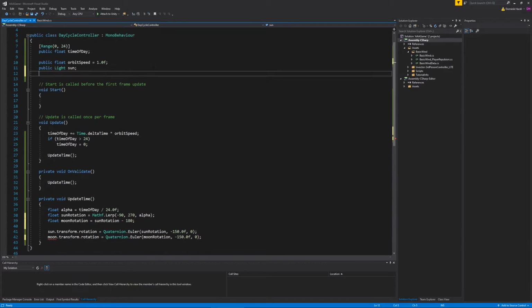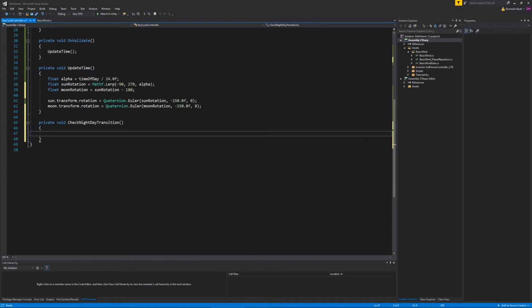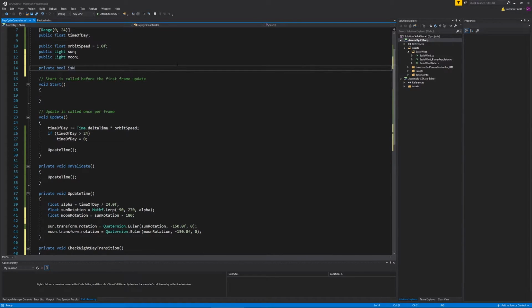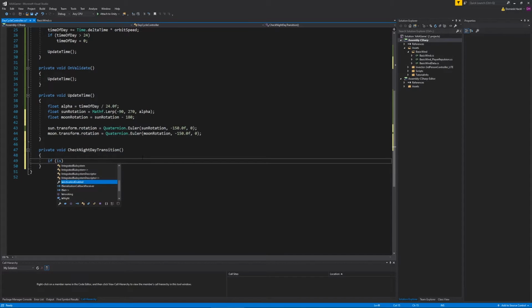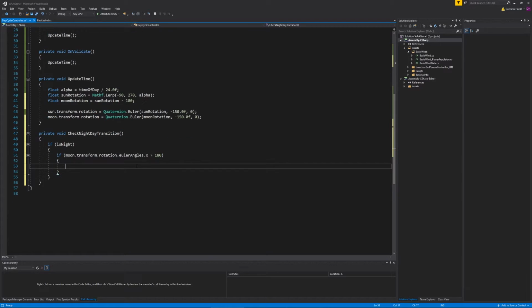Okay, and we also need another light component for our moon, light reference. And then we'll add another method. I'm calling it check night day transition. And here we make sure that only one shadow caster is enabled at a time. So let's add another helper variable, is night. And if it is night, then we'll check if the moon's rotation along the x-axis is greater than 180 degrees, then we'll disable